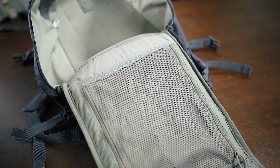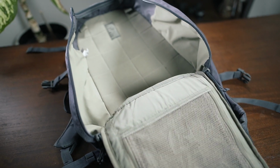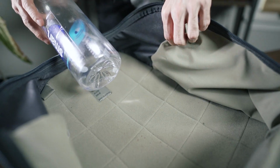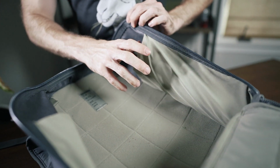The entire interior is Velcro compatible, and the same dividers and accessories you might want to use to organize that space should work great in here as well. There are 2 sleeves on the inside of the main compartment's outer walls, and each will fit a 1.5-liter water